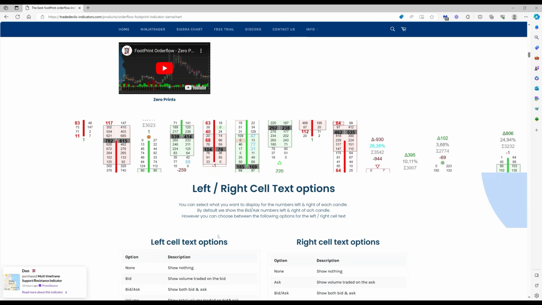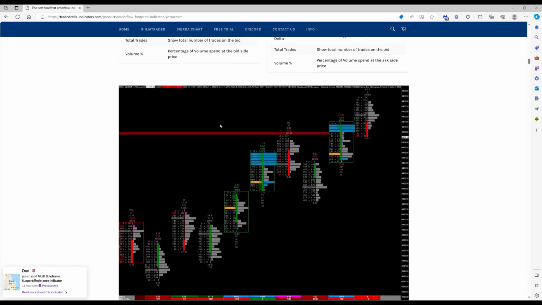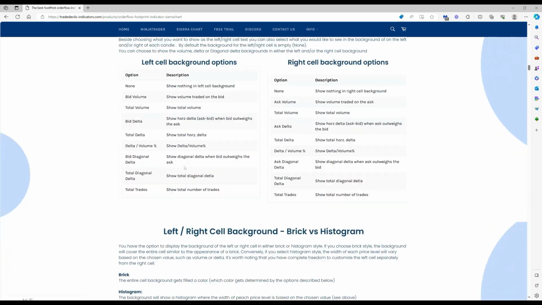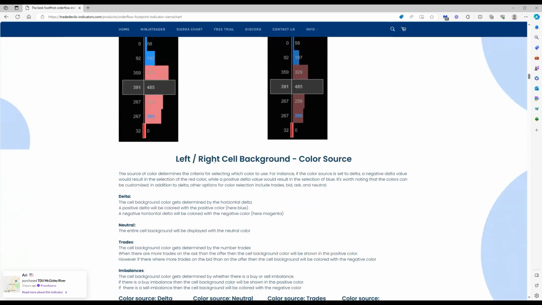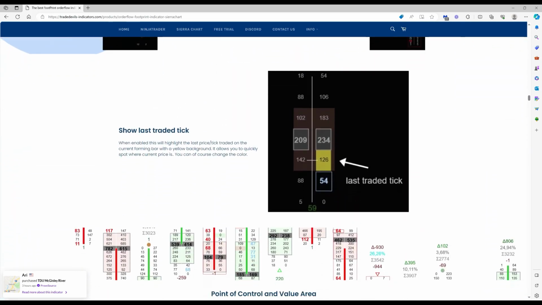Again, the only difference is how you access the tools here that you might be interested in putting on your footprint chart. So you can see, what do we got here? I can't even tell here, but this is a long, very detailed web page, because it's really serving as an online,